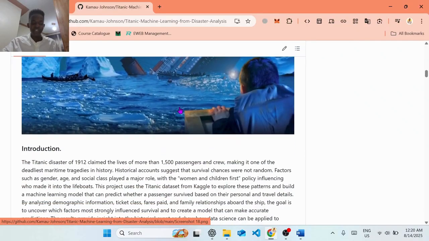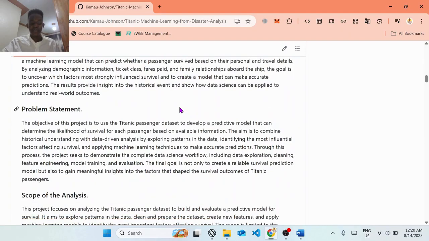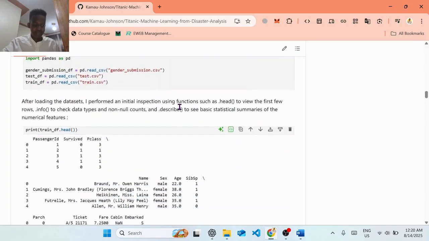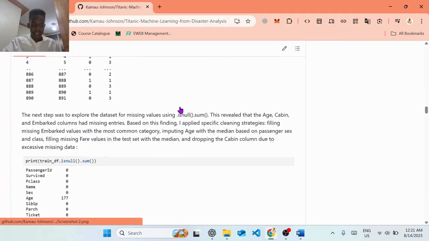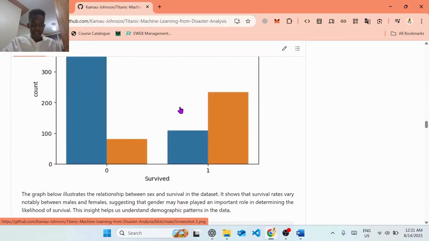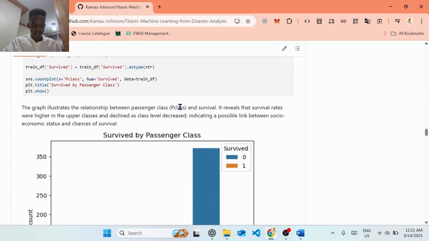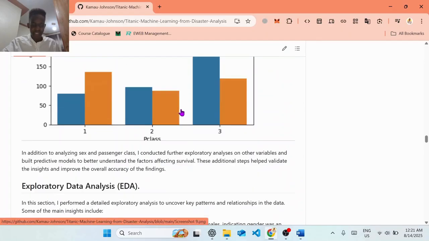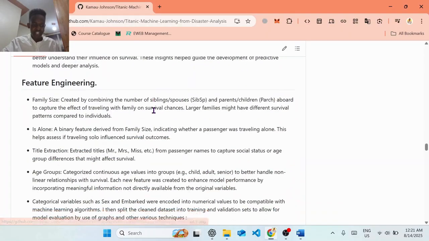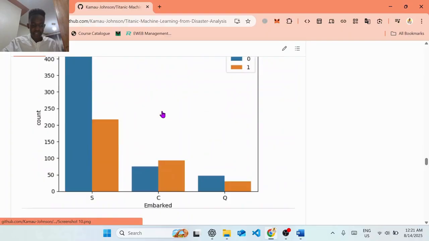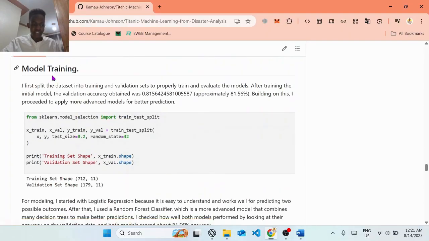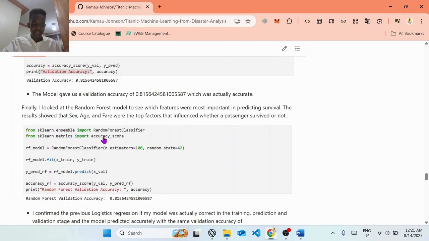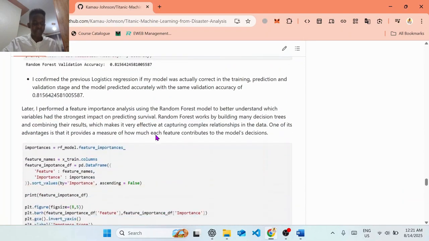So starting off with the introduction, this is just a documentation of my whole analysis, then the scope of analysis, my codes, then the graphs that I took when analyzing the surviving of the passengers, the feature engineering part, then the model training query where we validated between logistic regression and the random forest classifier.